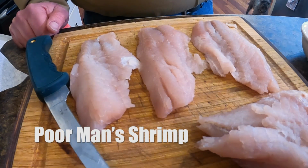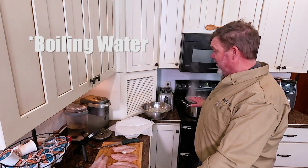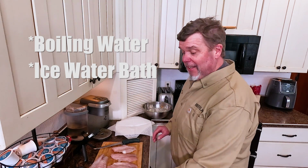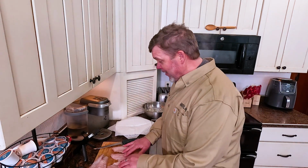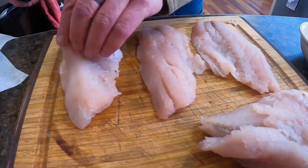So you absolutely don't need much. This is very, very simple to do, right? We need a pot of boiling water, okay? Another bowl of ice water, an ice bath, and then some cocktail sauce, because how can you have shrimp without cocktail sauce? Obviously, you also need your white bass fillets, and we've got them right here. So what I'm gonna do is I'm gonna start with my fillets,